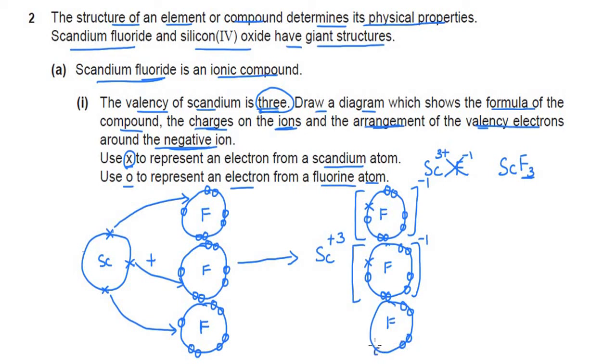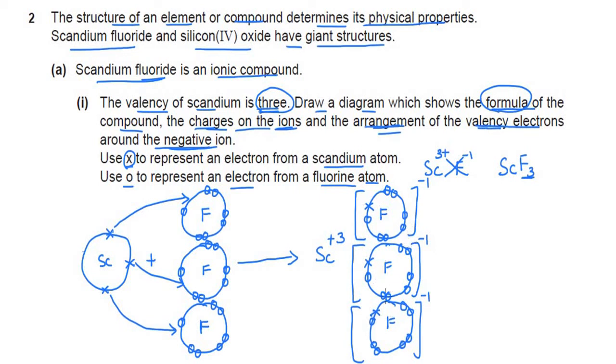Starting with the third atom, we have again the same process, each with the charge -1. As this question also carries 3 marks, here we go. The 3 marks were 1 mark each for the formula, the charges on the ions, which we have already presented, and the arrangement of the valency electrons on the negative ion, which again we have shown on each of the